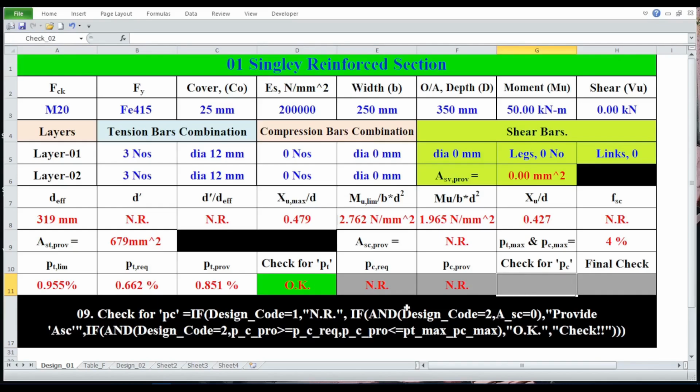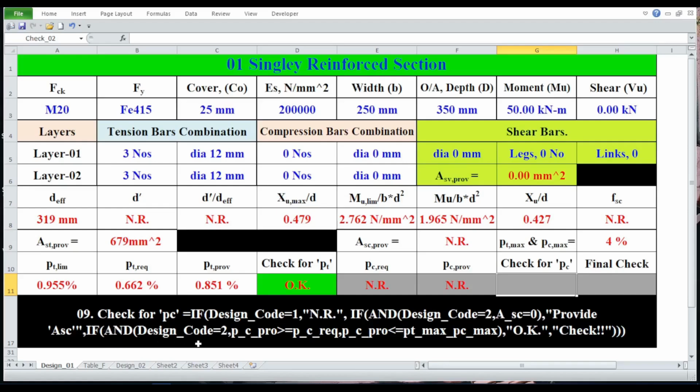And the formula is, equals if, open parenthesis, design_code equals 1, comma, NR, in quotations, comma, if, open parenthesis, and, open parenthesis, design_code equals 2, comma, A_SC equals 0, close parenthesis, comma, in quotation, provide ASC, comma, if, open parenthesis, and, open